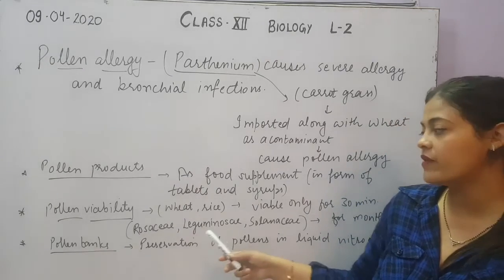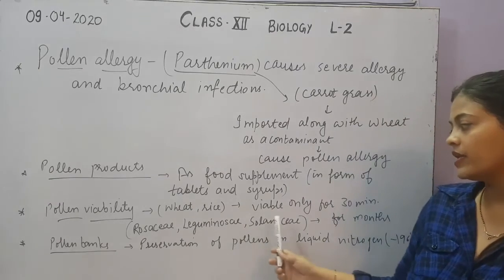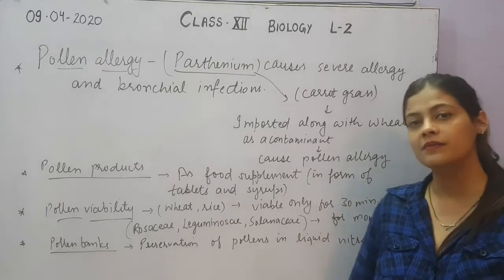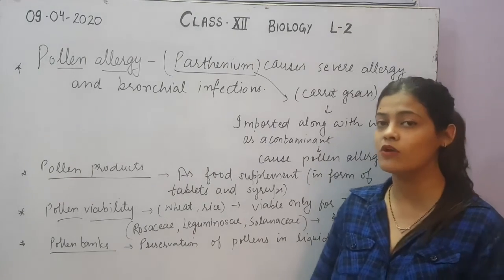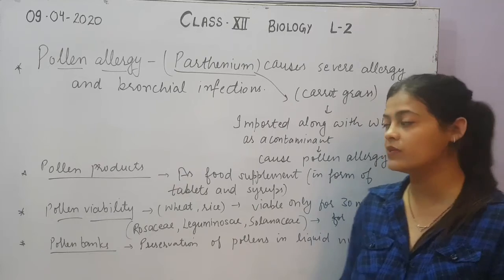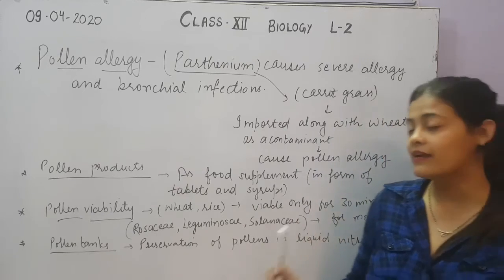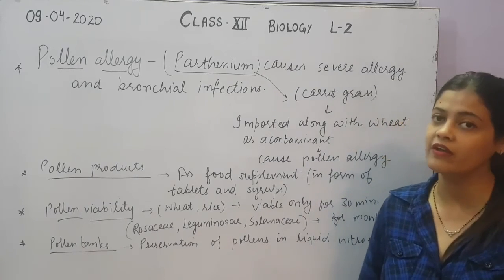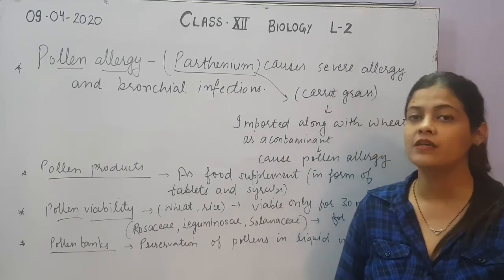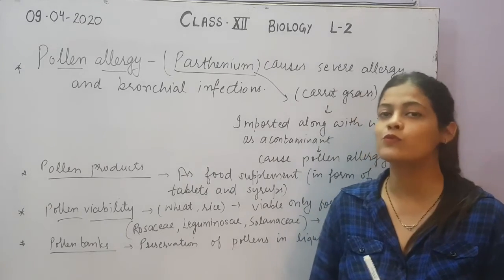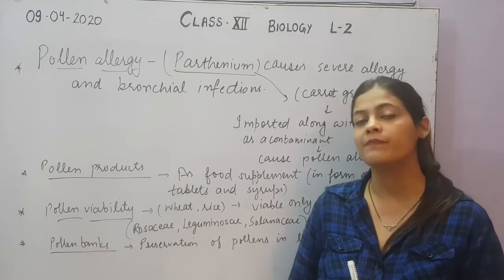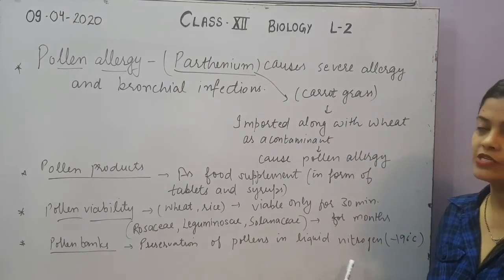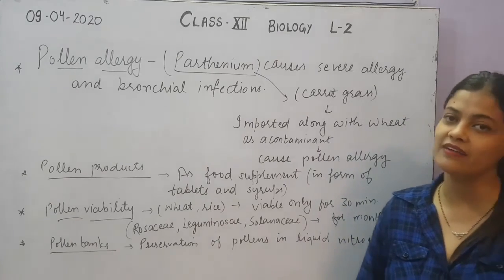Whereas in case of some plant families like Rosaceae, Leguminosae and Solanaceae, these pollen grains can be viable for months. And there are some other plants whose pollen grains can be viable for years. In that case, we can go for pollen banks. Pollen banks are the banks where the pollen grains are preserved, basically for those plants whose pollen viability is for many years. So preservation of pollen grains in liquid nitrogen is called pollen preservation, and the pollen banks